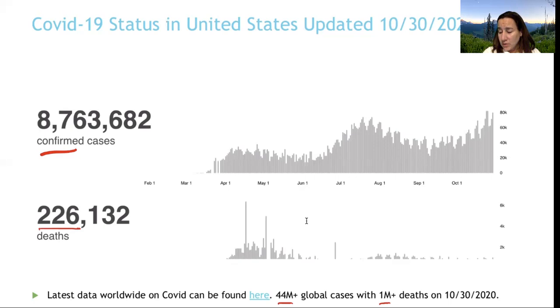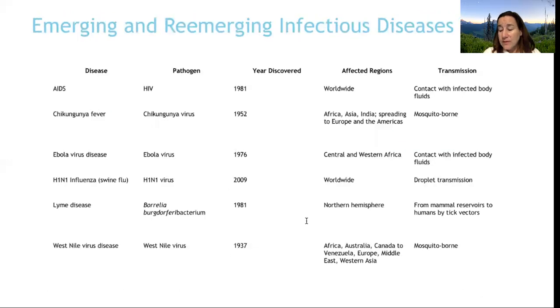So if you want current information that WHO has for global as well as just the United States, you can click this link and get that information there. You are going to find all the latest stuff that the WHO's got at this location. Other things that may be emerging or re-emerging,